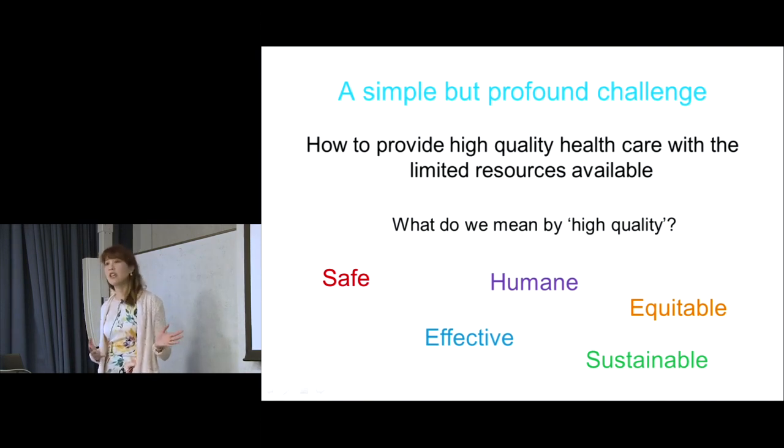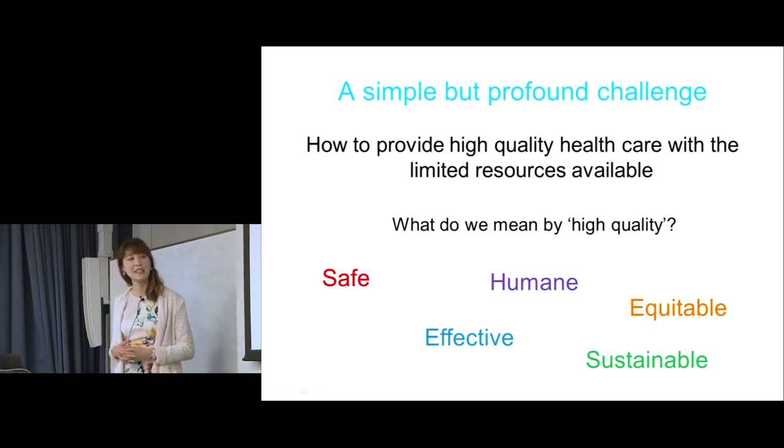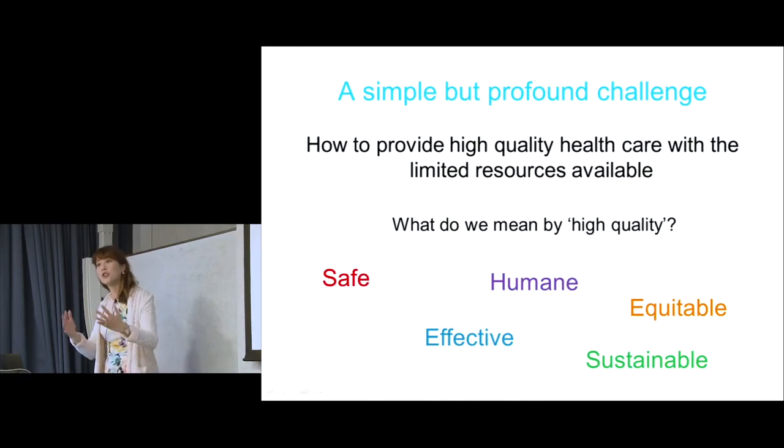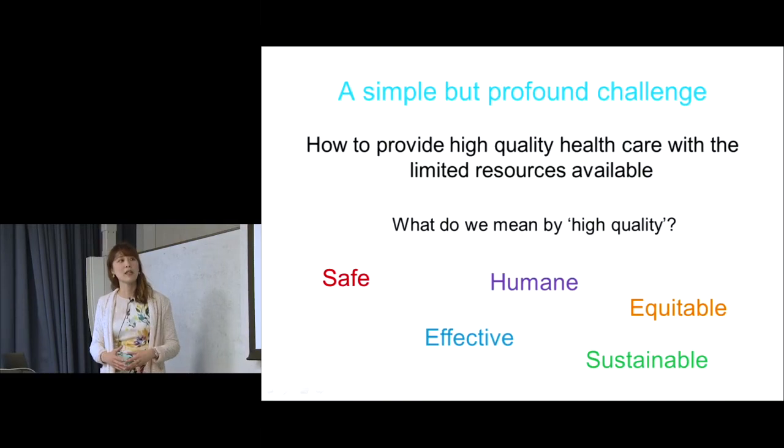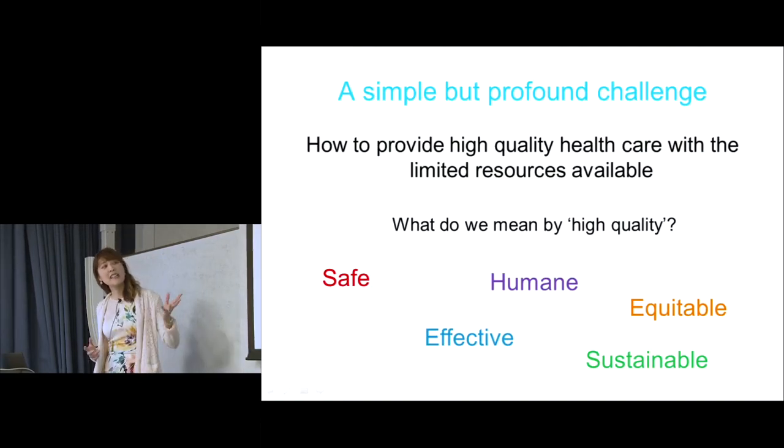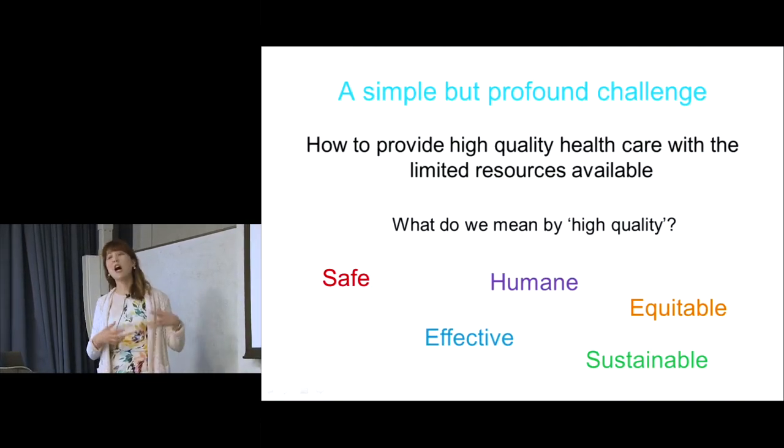Last year, the NHS, the National Health Service in England, published a long-term plan. It's one of the first times the NHS has published a strategy for the government, and in it talks about reducing carbon emissions of the activities of healthcare. It is increasingly important that we think about the environmental impacts healthcare has. I think there are some figures suggesting that in the United States, about 7 to 8% of carbon is generated from the activities of healthcare. So it's significant. I think these five are really the domains of high quality.